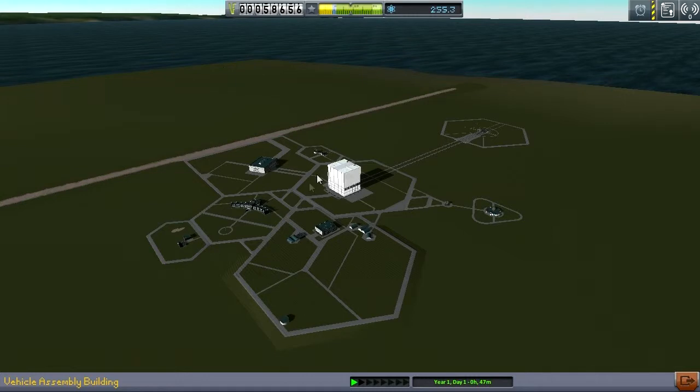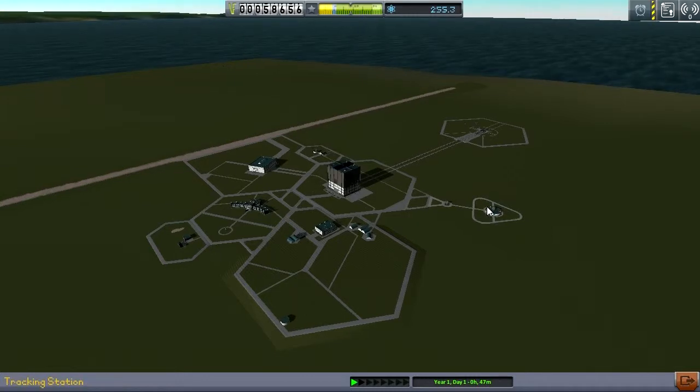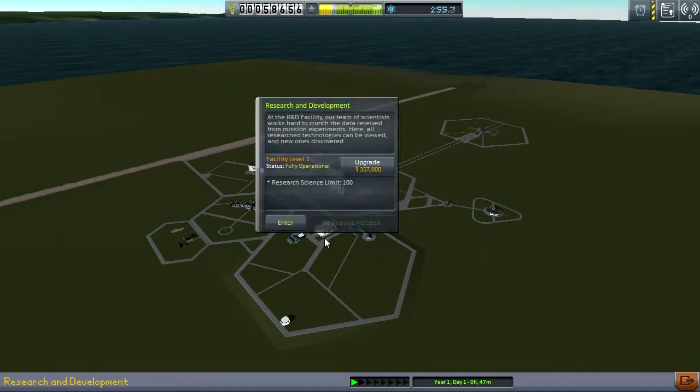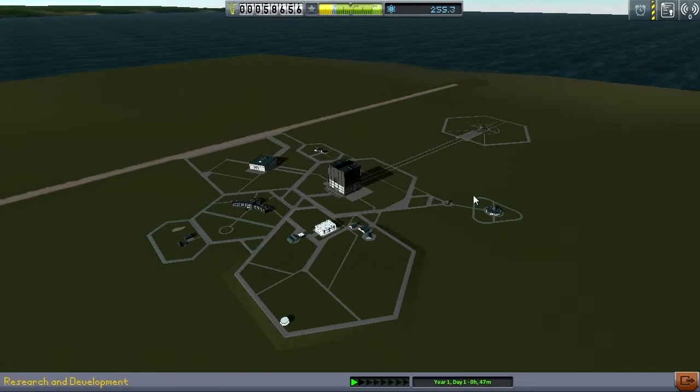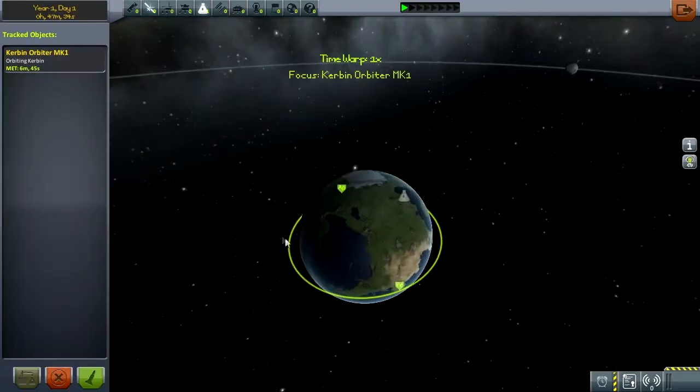Because with the money I'll get from that, the 45, I'll be able to launch another rocket. And I won't be able to quite upgrade anything here, which would be nice, but... Alright, let's just go ahead and send him back into Kerbin. So...